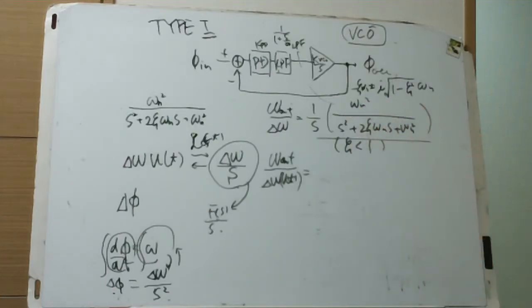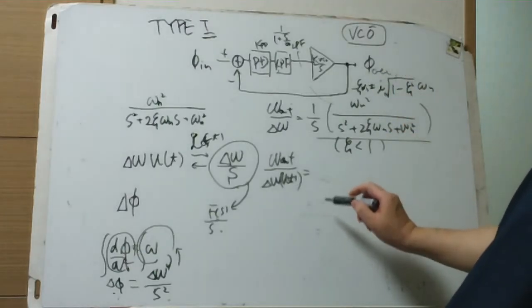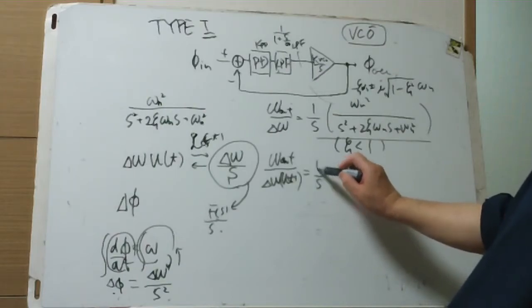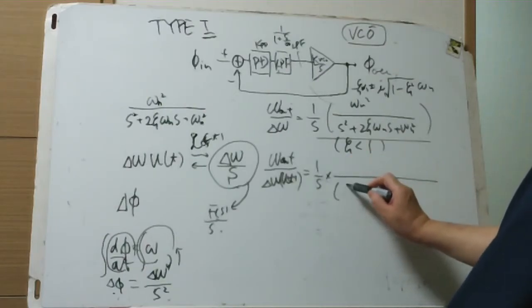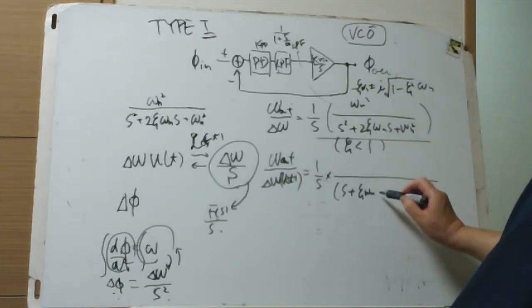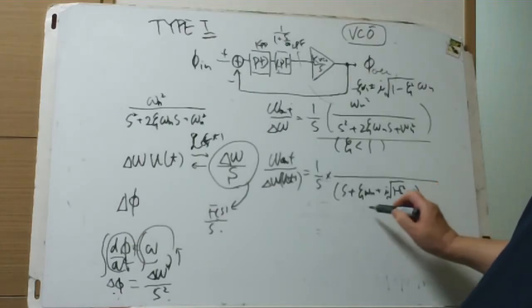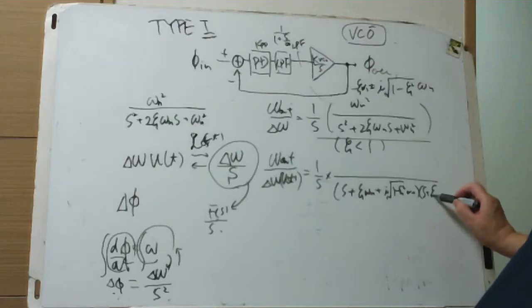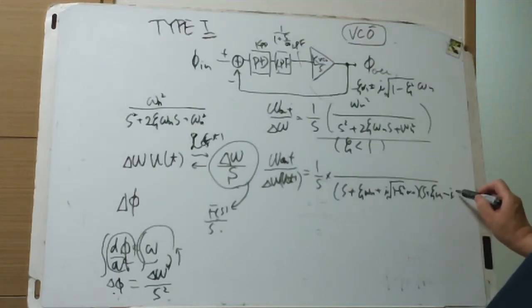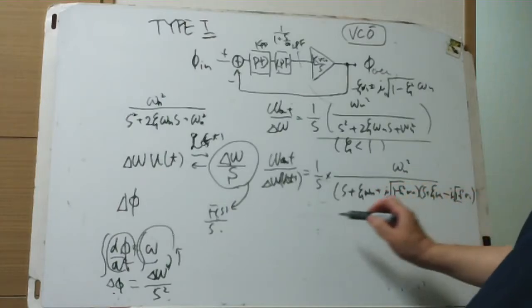The denominator's solution is this, and so we write s minus s1 equals s plus zeta omega n plus i square root of 1 minus zeta squared omega n, times s plus zeta omega n minus i square root of 1 minus zeta squared omega n,